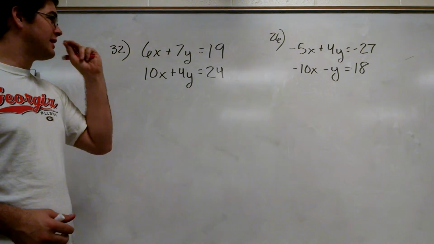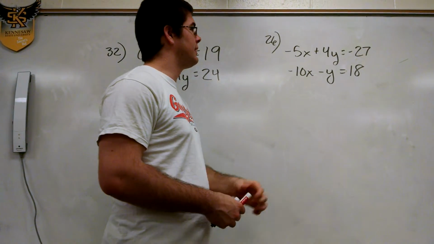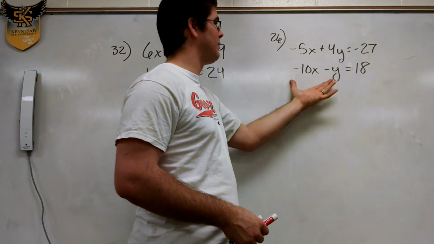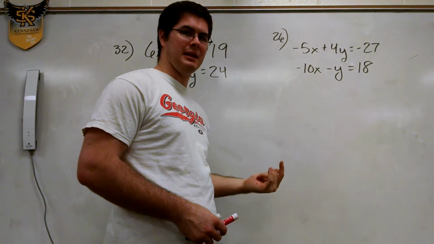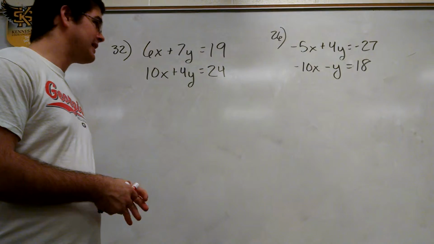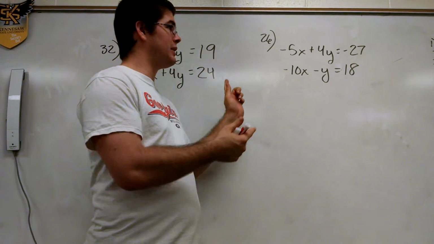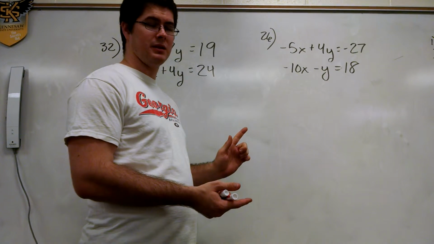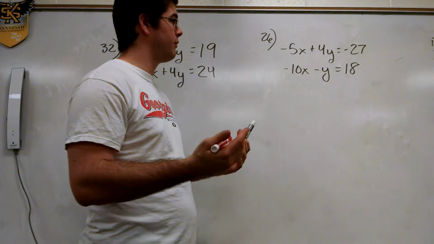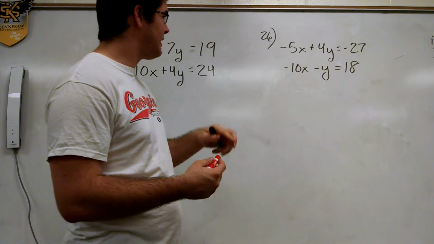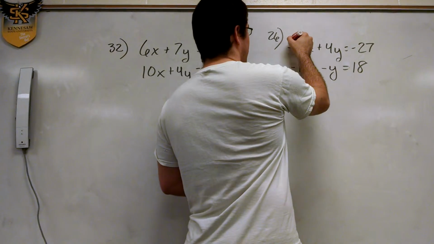The second type of problem is this type, where if I just add right now, it's not going to eliminate anything. So what I have to do is take one of my equations and multiply it by something so that when I add afterwards, it eliminates a variable. So for instance, let's look at this. If I multiply this top equation here,